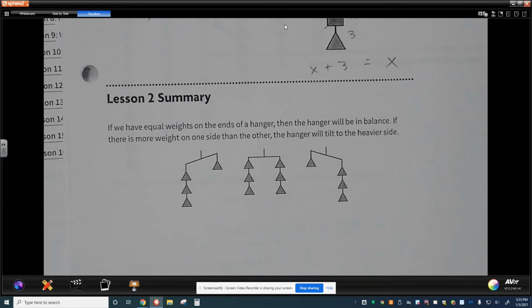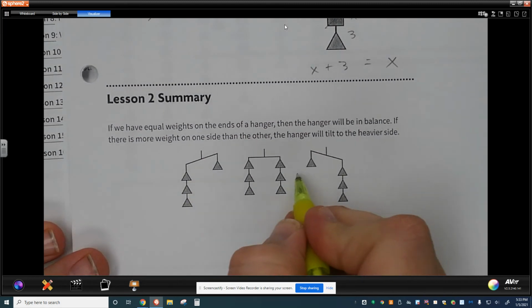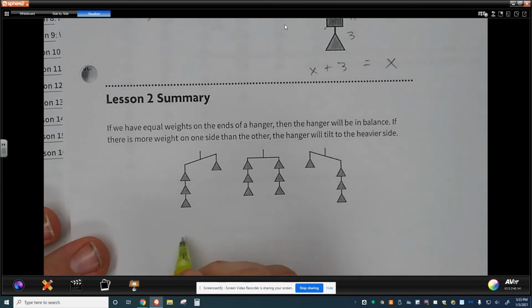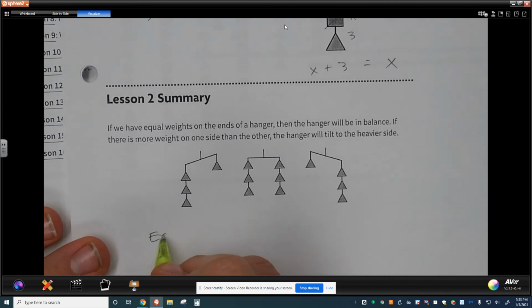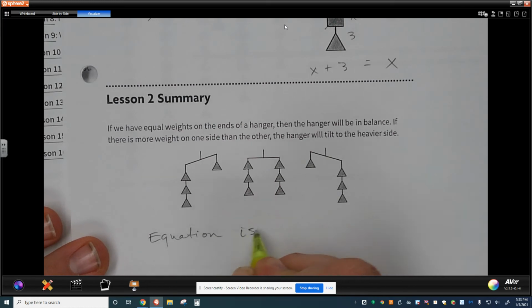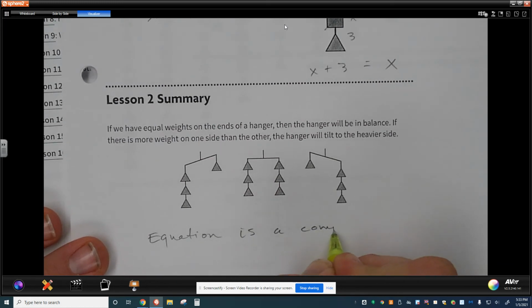If we have equal weights on the ends of the hangers, then the hangers have to be in balance. If there's more weight on one side than the other, then they're going to tilt to the heavier side. Every single one of these hangers represents an expression. When we're looking at an equation, I want you to really understand that an equation is a comparison